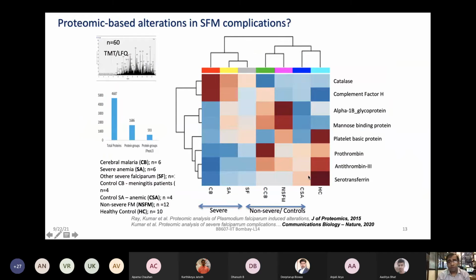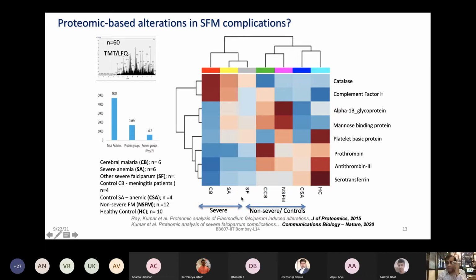Now, while we were doing this kind of work, we also thought to investigate severe falciparum complications, because while falciparum is known, there are different types of complications that happen with severe falciparum, and knowing which marker could be unique for cerebral malaria, which affects the brain, or for the severe anemia condition or other types of falciparum complications, is still not very clear, not much known. So we thought to utilize these samples and our proteomics knowledge to investigate these problems. And what you have here is healthy control. We also have severe anemia, we have non-severe falciparum, we have the group for cerebral malaria, we have all other types of severe complications.